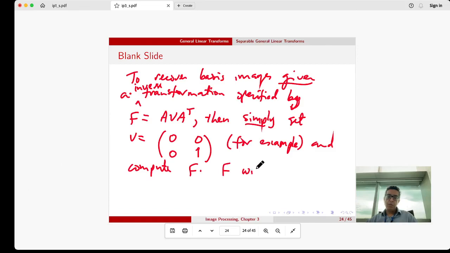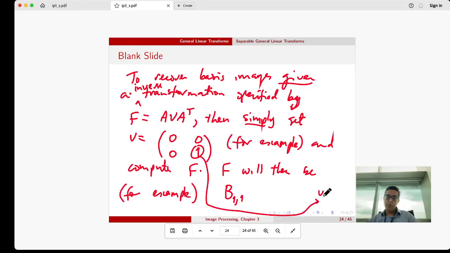F will then be, again, for example, B 1, 1. Okay, why is that? Because here, this coefficient here is V 1, 1. Okay, so to recover B 0, 1, so what we're doing here is we're saying, let's pretend we have a